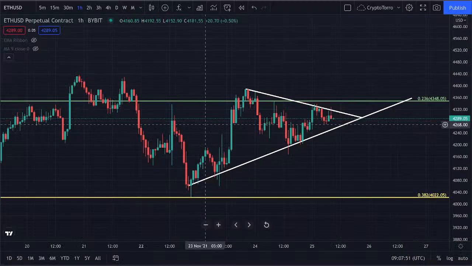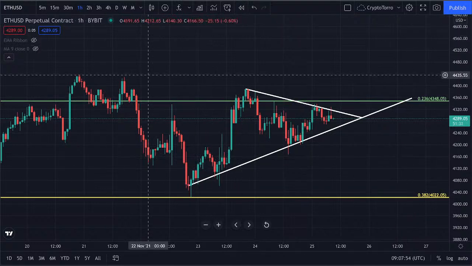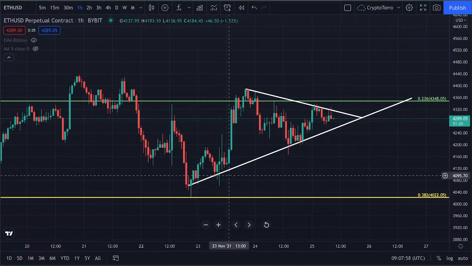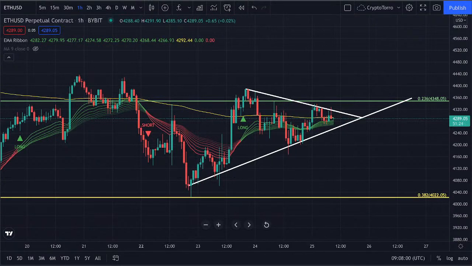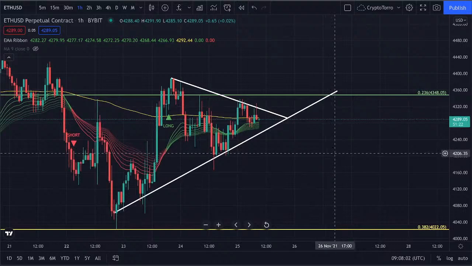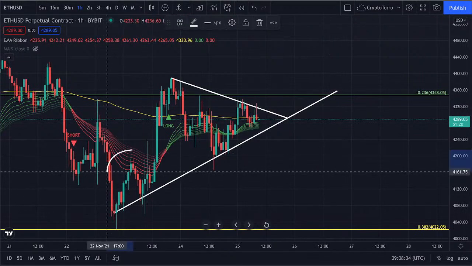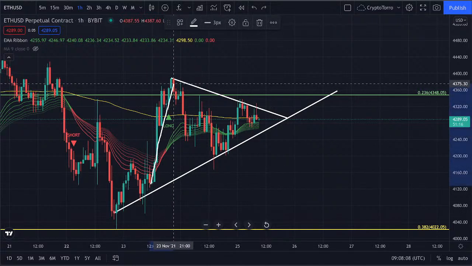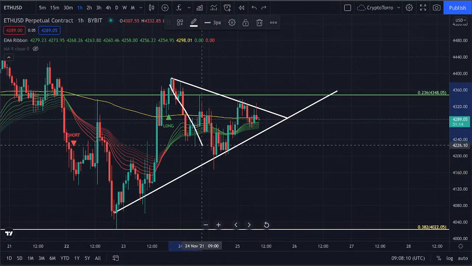Let's take a quick look at what we are seeing on Ethereum. On Ethereum, I opened up the 1 hourly chart, and I would like to discuss the EMA ribbon firstly. If we take a quick look at the EMA ribbon, you can clearly see that we were able to break out above it at this point in time. Afterwards, we saw a major increase. We got rejected, and we did see right now